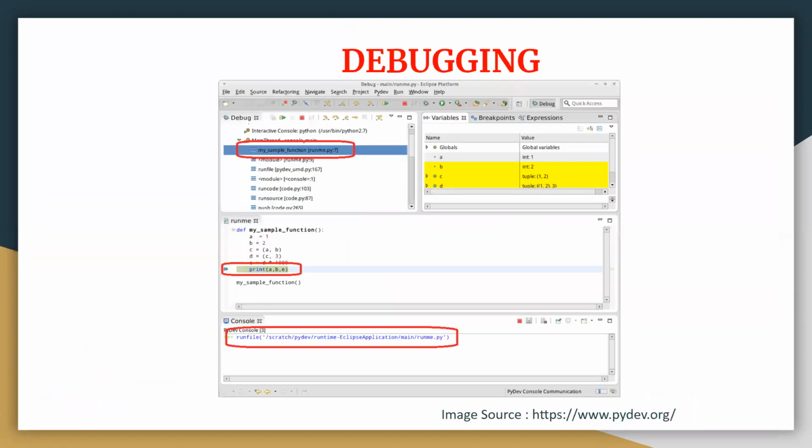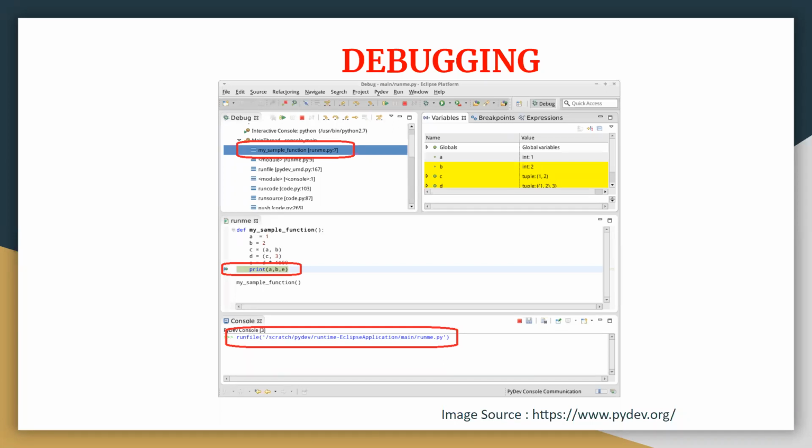Next, we are moving to the topic, that is debugging. When we talk about debugging, this is a very important activity during the software execution process, because at times when we are running the code, we don't get the desired output. So to understand where we have made a mistake or where the initialization went wrong, we do the debugging. Basically, debugging is the process which will help you to understand your code line by line and understand the corresponding inputs with the corresponding outputs.